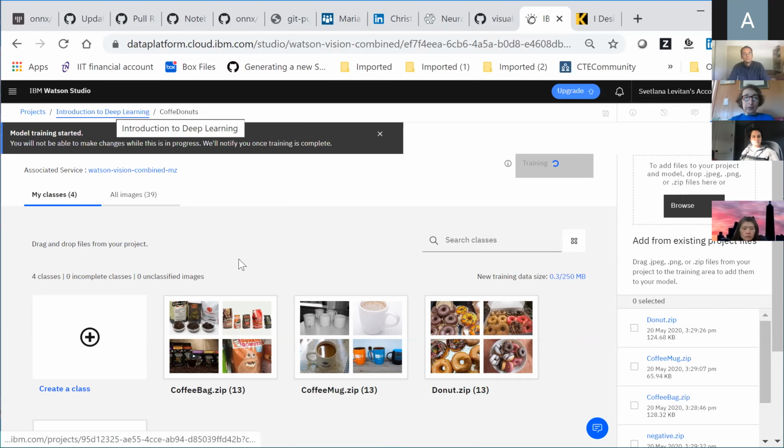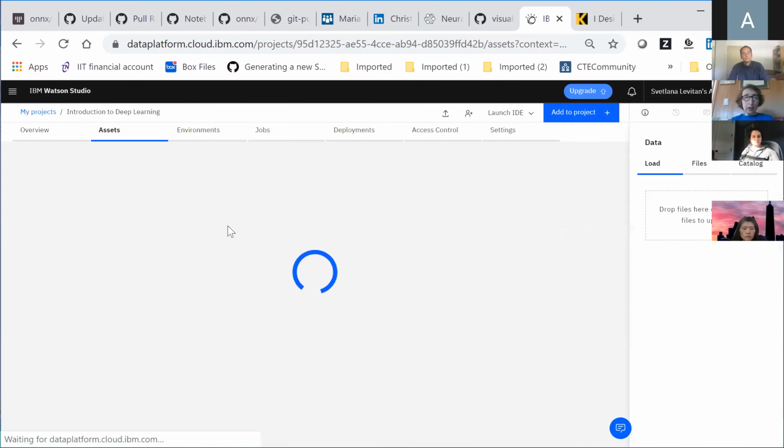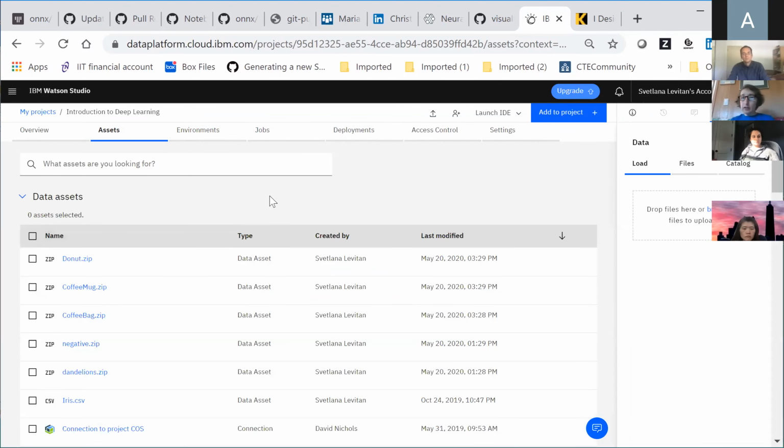Okay, well, this is still training, so let's go to my other models that I built previously, and we can see how it works. As I mentioned, I built a model today to try to identify whether a picture has dandelions in it or not.